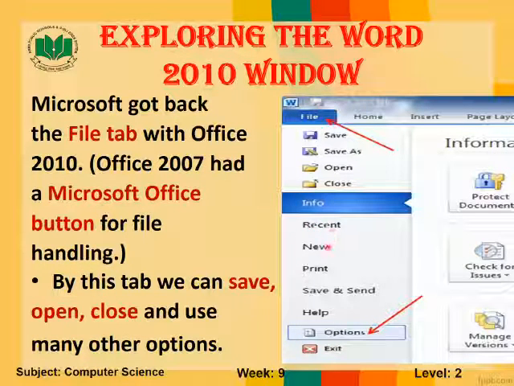File handling, like we can check the recent file, we can select the new file, we can choose the print option, and we can save and save as and different options from File tab. By this tab, we can save, open, close and use many other options like this. We can use many other options with the help of that option.